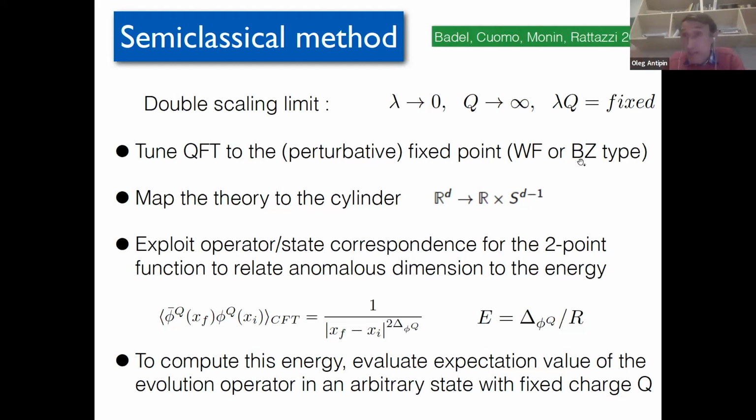But it can be, for example, a Banks-Zaks fixed point if you have one. So it doesn't matter. Just some fixed point you have to tune. Otherwise, you don't have a conformal invariance, of course. Then the next trick we're going to use is to map the theory from the Euclidean space R^d to the cylinder, R cross S^(d-1). Why are we doing that? Because we're going to exploit the operator-state correspondence